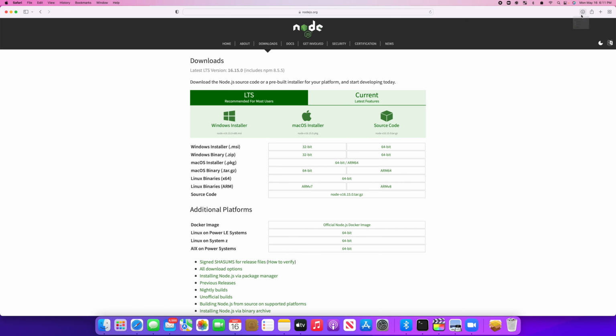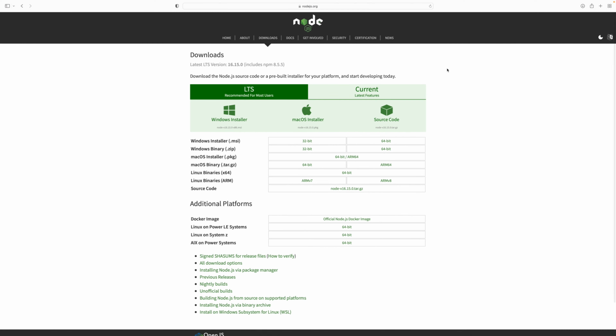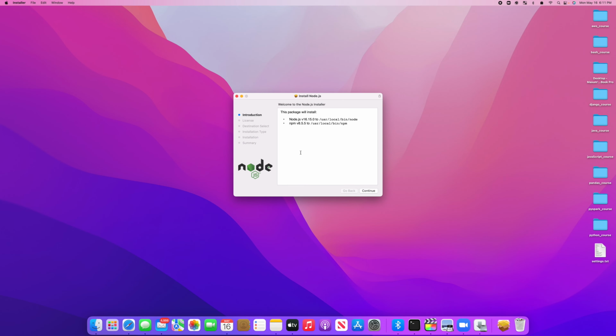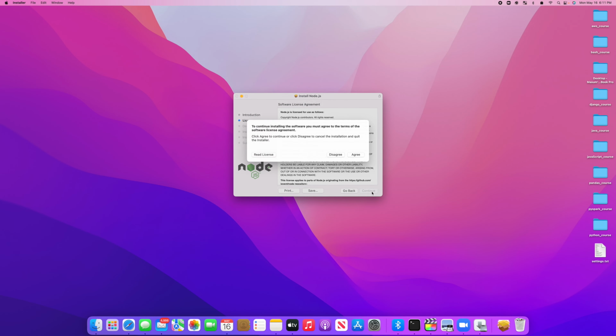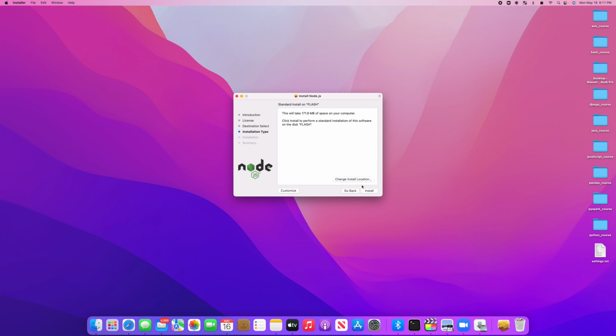Alright, so once it downloads, we're gonna click on the Node package, continue, and then I'm just gonna give my password, and